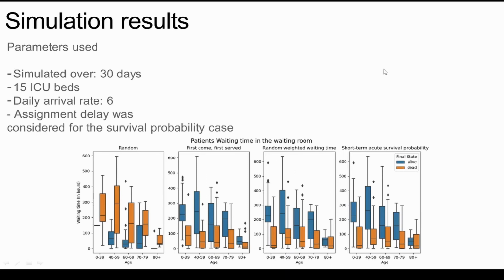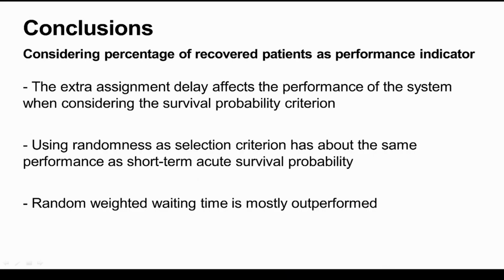For this last simulation, where we consider a daily arrival rate of 6 patients per day instead of 8, we see one more time that for the random criterion, the behavior changes. Once again, a possible explanation for this is the unpredictability of the random process. The other 2 criteria behave the same.